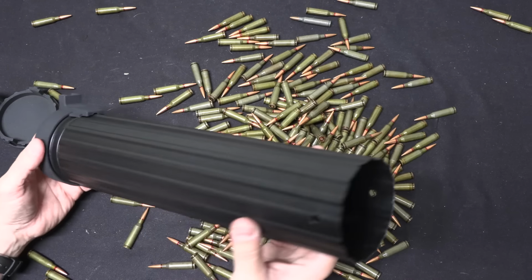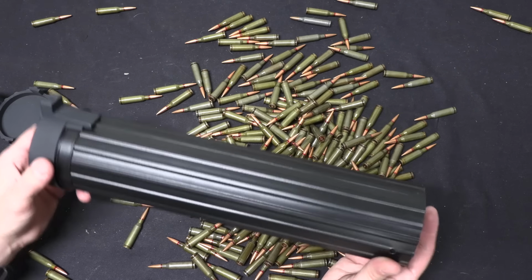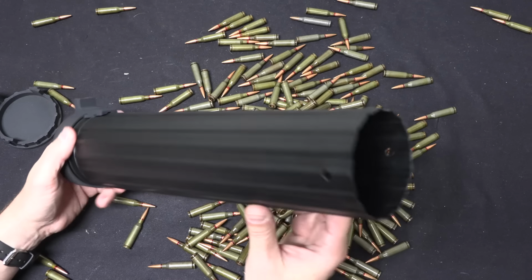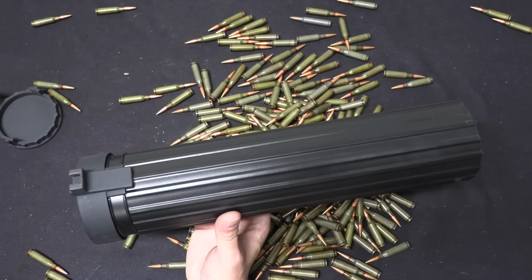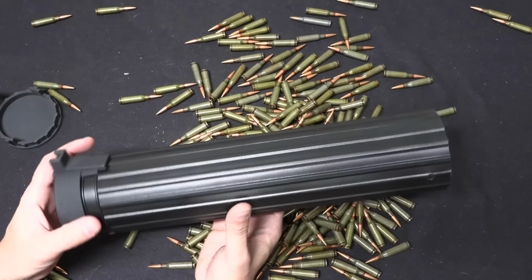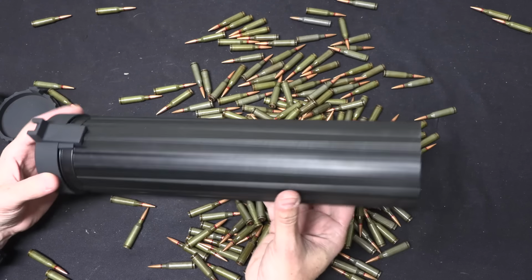You know what? There's been speculation for a long time that these North Korean magazines aren't actually functional. It's actually quite a lot of work to make a reliable helical drum. In fact, arguably nobody ever really has made a reliable helical drum. The Russian Bizon, the Calico, there are a couple Chinese guns. People never really seem to make a second helical magazine after they try to get the first one working, and